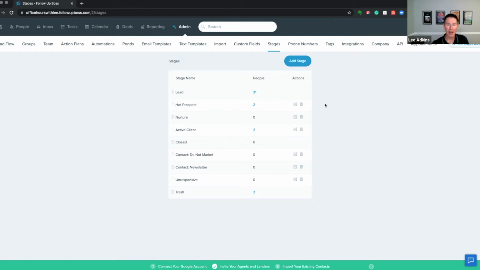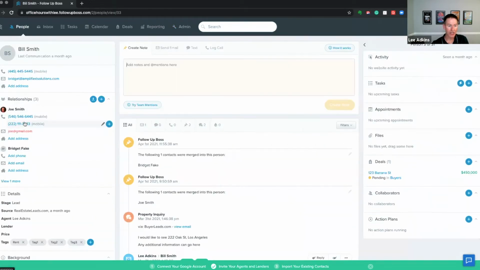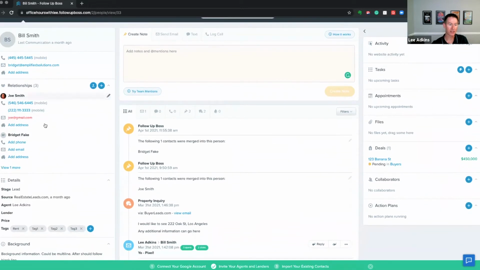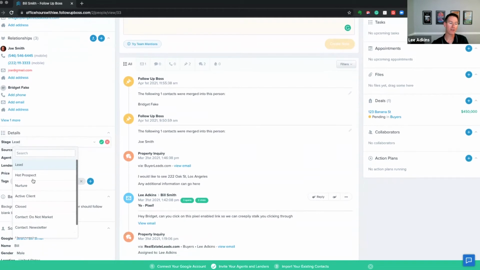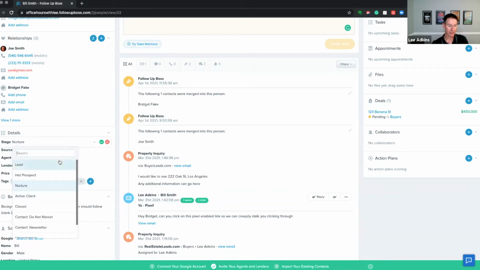So I think, on stages, that's certainly at least the core things. Again, to change the stage, if you're on a specific person, it's simply clicking on the stage here. It'll drop down again in the order that they have. You simply change it, and you'll need to hit the green checkbox to save it, or you can hit return. The return key when you're here, because you do need to save it. This will not stay if you don't do that and go on to another lead. So you'll want to update. That is where you would update the stage.